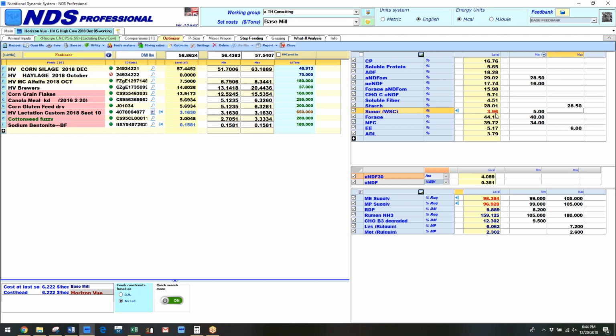You can see the sugar is less than the 5%. I'm really not concerned about the sugar. I may just take that out. Forage, I'd love to have 40%. And so some of the parameters I can set here